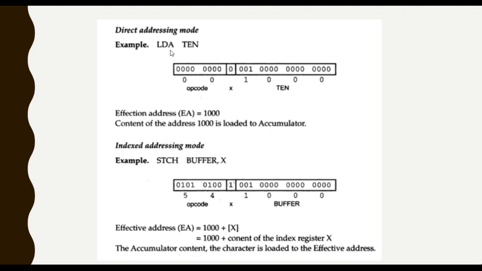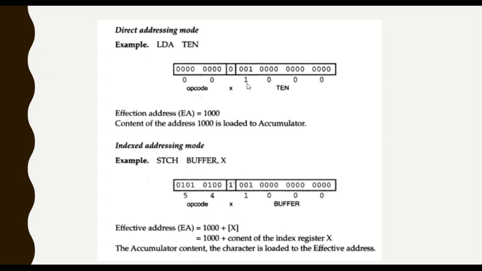So the opcode for LDA is 00, given in hexa. So 00, 8 bits are represented like this. In hexa, 1 digit means 4 bits in binary, so totally 8 bits. And now this is an example for direct addressing, because we are not using any arrays here. It's just a memory location. So load 10 to accumulator, that is the meaning of this instruction.